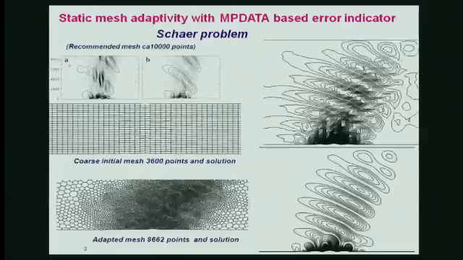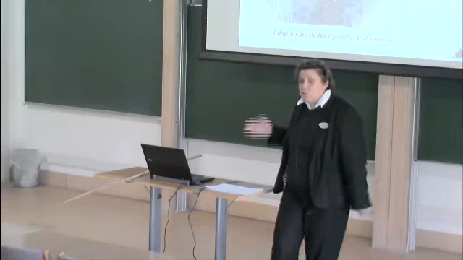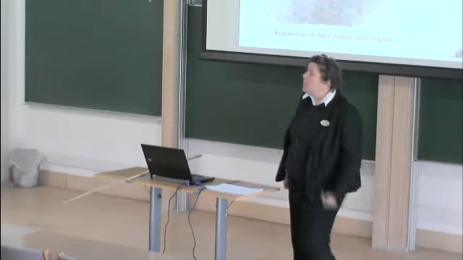For this, we are using properties of MPDATA, because MPDATA, which is the advection part of our solver, is constructed from two upwind iterations. The first iteration gives us a lower order solution, the first order upwind solution. The second one improves on this. So we can use the difference between the two solutions as an error, which we use as an error indicator